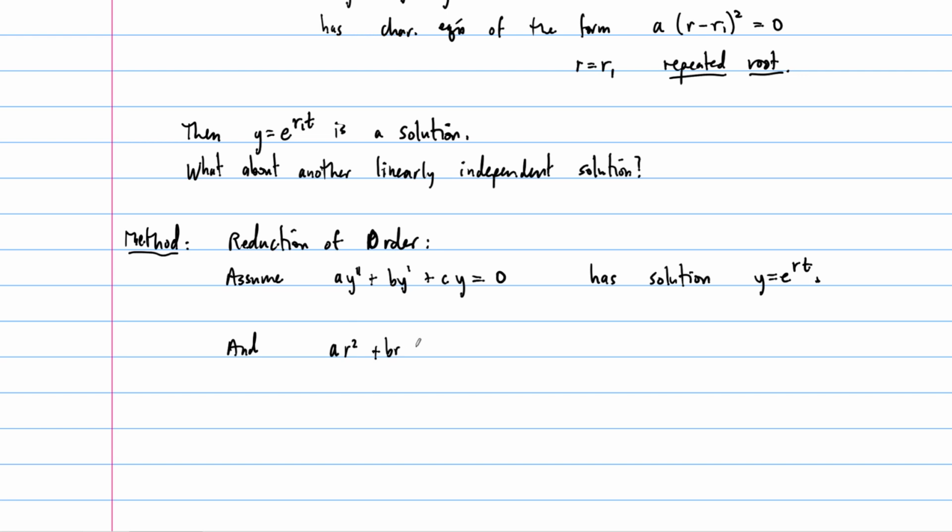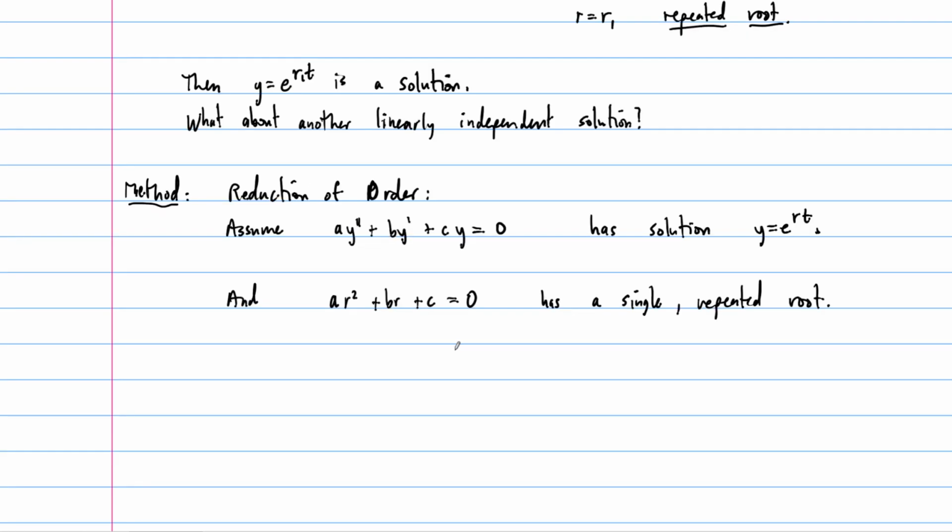ar squared plus br plus c equals 0. This has a single repeated root. All right, so let's think about what the form of this r must be if this is going to have a single repeated root. Well, we know that the quadratic equation,